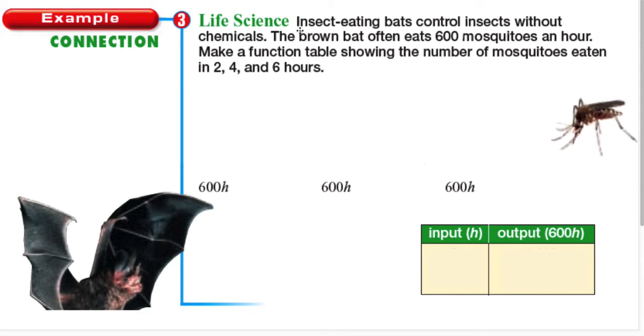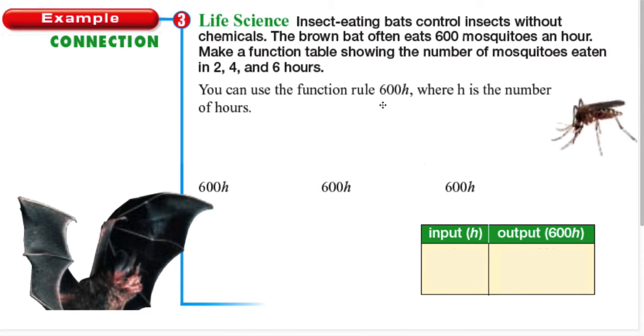So in life science, insect-eating bats control insects without chemicals. A brown bat often eats 600 mosquitoes an hour. So make a function table showing the number of mosquitoes eaten in 2, 4, and 6 hours. We already know the function rule, and we already have the input. So you can use the function rule